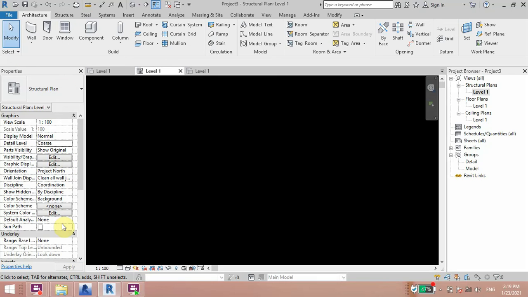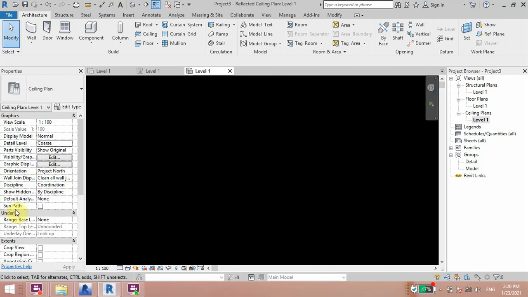Like that, so many properties are available in Structural Plan. Same thing when I go to Ceiling Plan, the same things will be available in Properties.